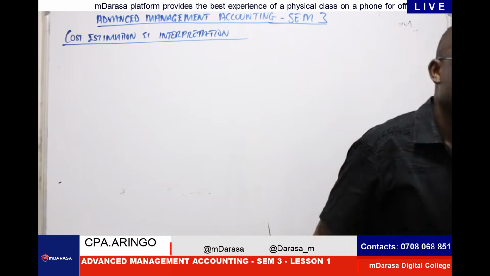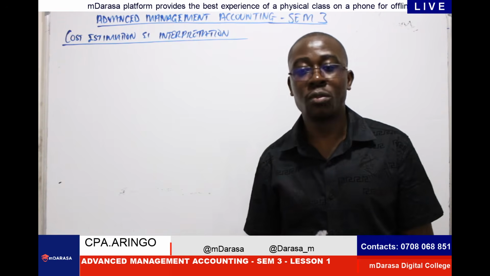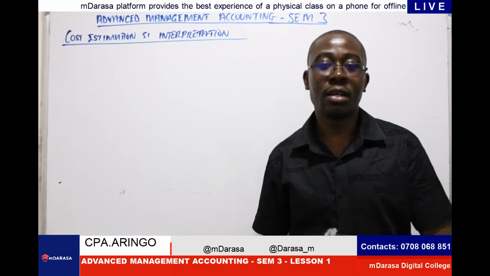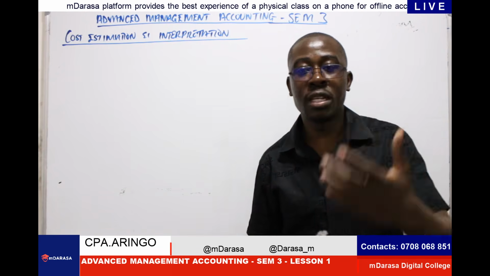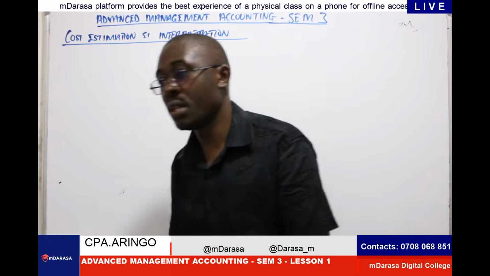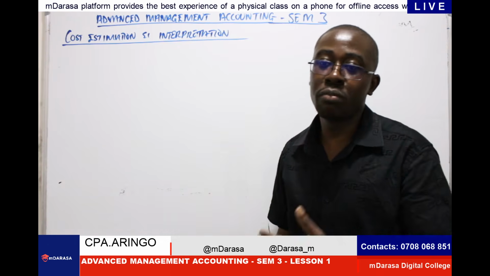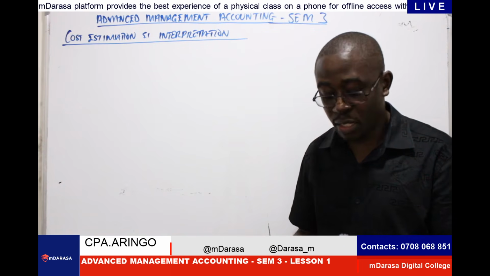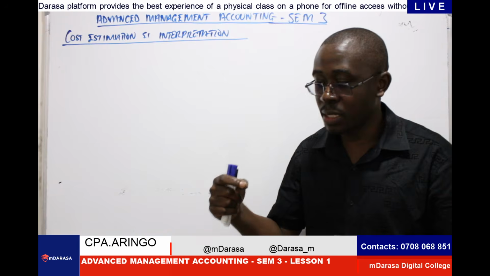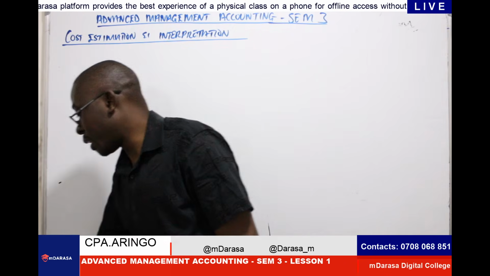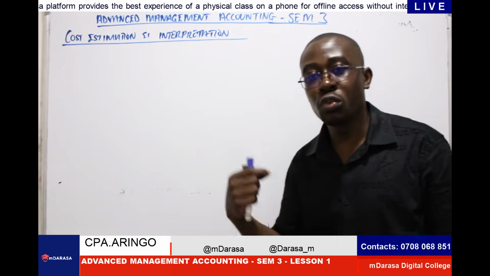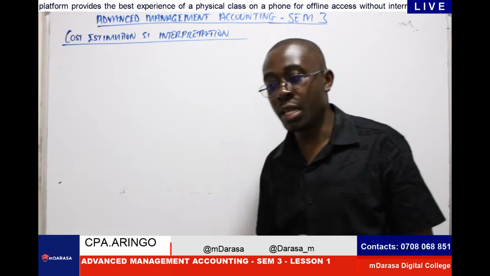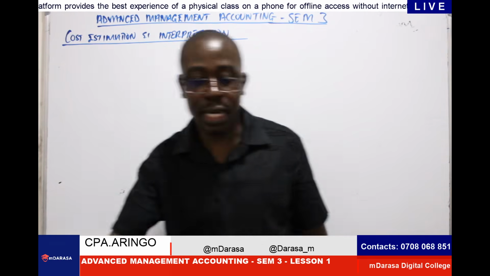Number 1 is for us to understand that the whole concept of estimation has more to do with prediction, with predetermination, with forecasting. And we can't forecast without previous data. For me to say that tomorrow this is what you're going to have, I should at least have previous data to base my opinion on. So if I told you that in the next 3 months the cost of a kg of sugar will be going at this much, how will I estimate this? I'm basing it on the current prices.